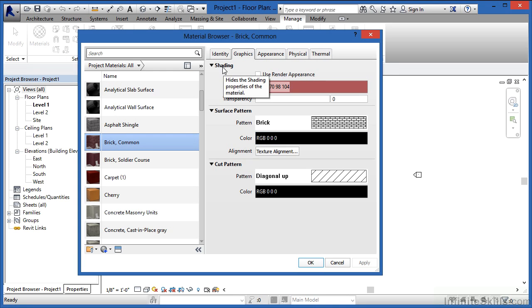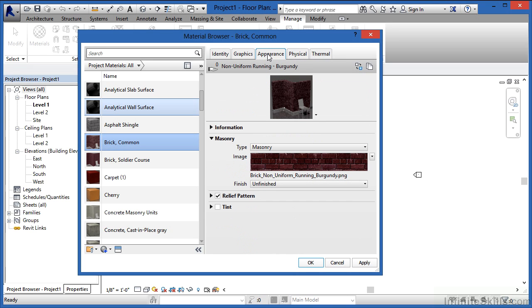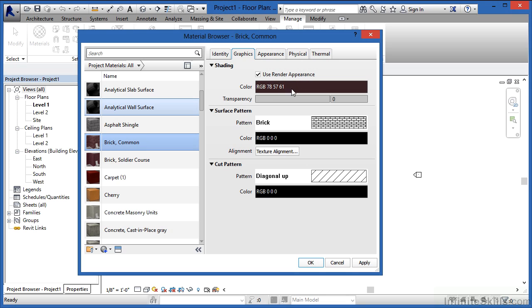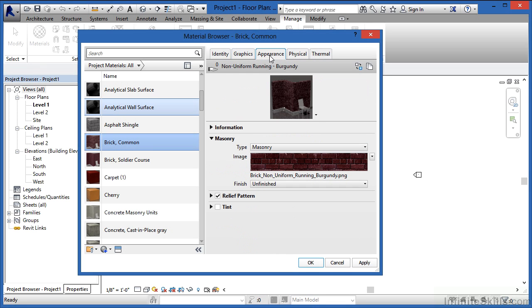Where it has shading, there's also a checkbox that says Use Render Appearance. If we check that, we can see that this just changed to a different color. The reasoning behind that is there's a tab called Appearance. If you select the Appearance tab, we can see what the PNG file is that's associated with this kind of brick. The color that shows up here underneath shading is trying to emulate the color associated with this